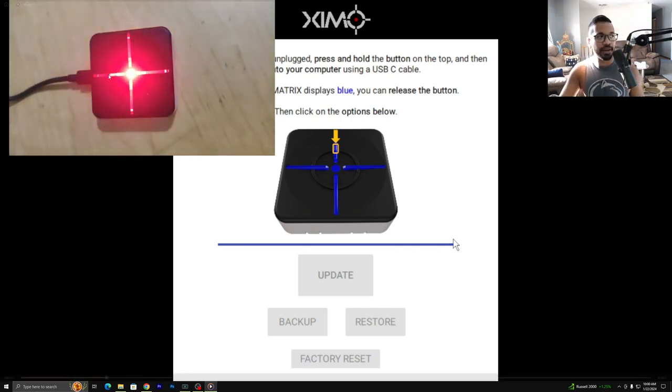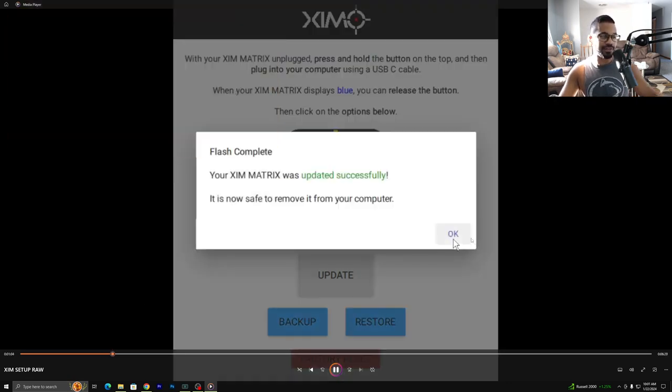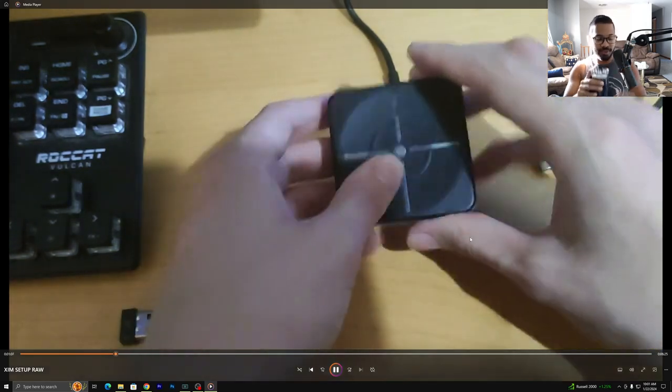So again, once it went ahead and updated, it'll do the flashing colors, and you'll see you can remove your device, which is pretty darn helpful, all right? Now,